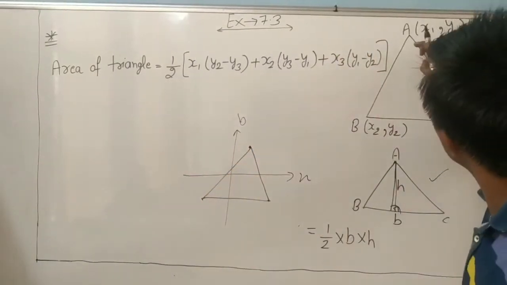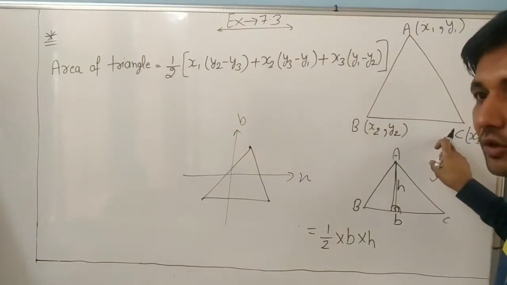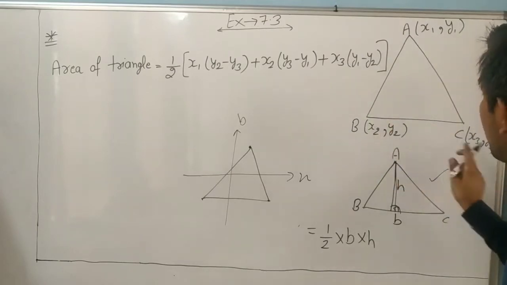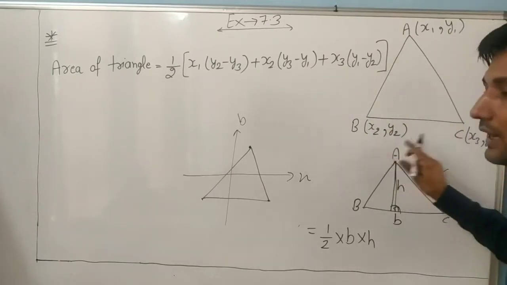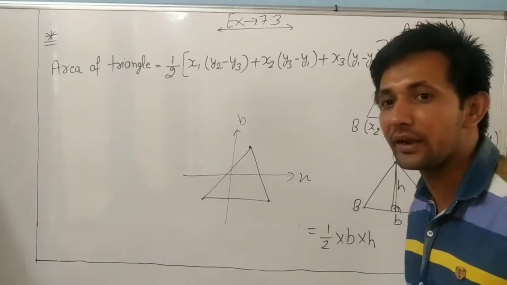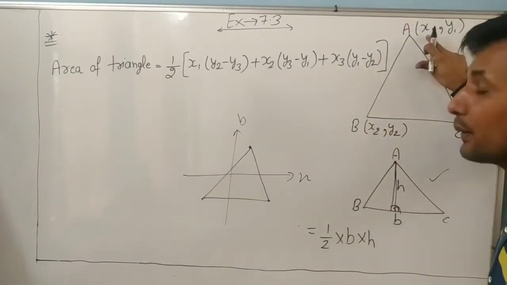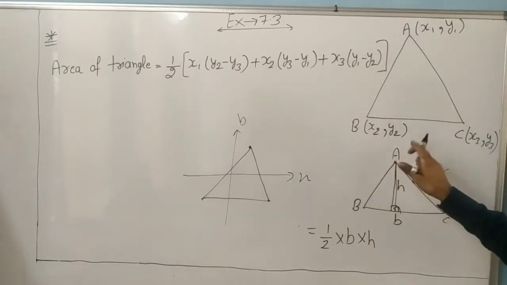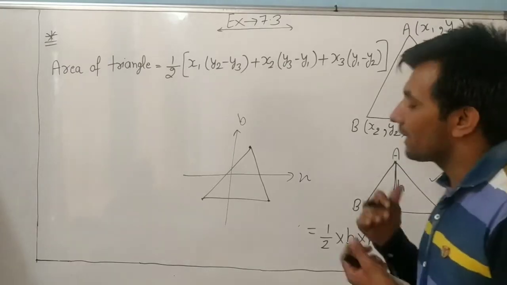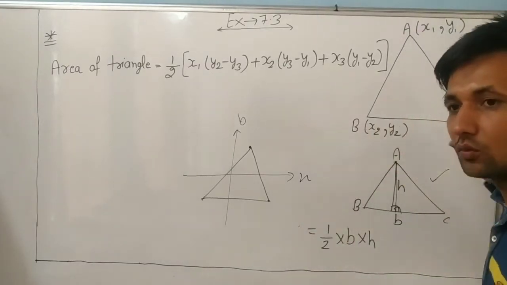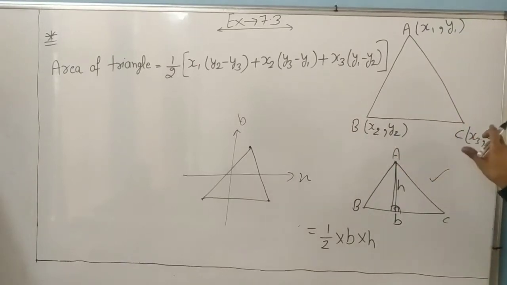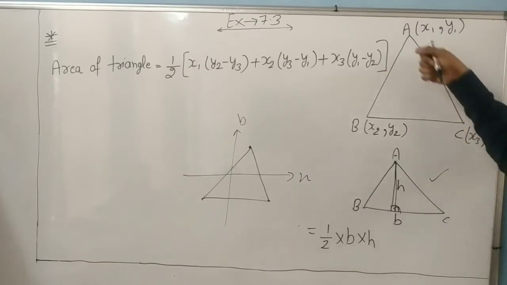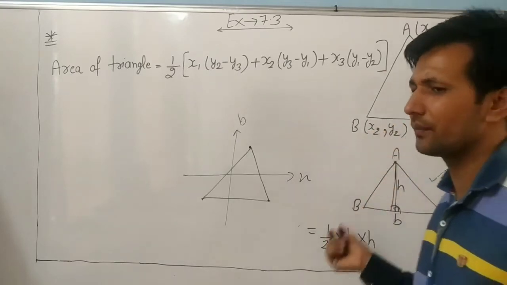Because we know these three points are different from each other, their coordinates are also different. Don't write just xy. If you write xy, it means all are the same, but they are different points. So we give them different notation: first point x1 y1, x2 y2, x3 y3. You can write it this way or start from the other side. It depends on you.